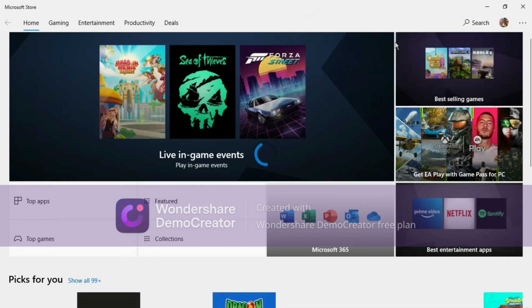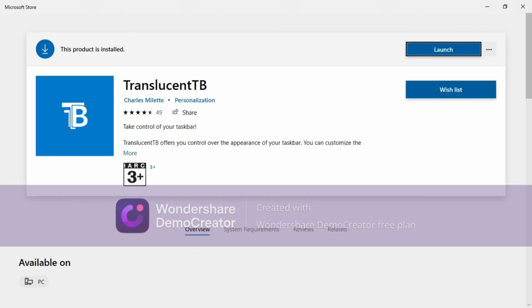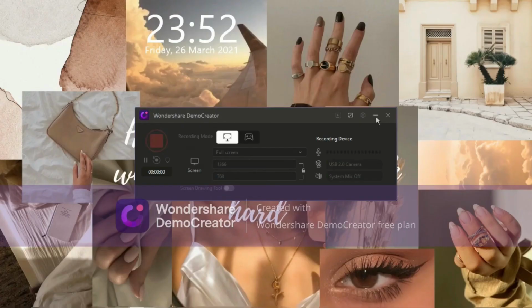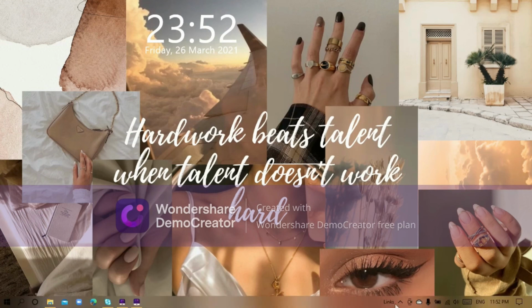Once you click that app, you have to download that app and install it on your computer. It will just have the word download or install or something like that. Once you do that, it will get downloaded, and then you will have the launch button right here just like me, and then you can launch it. Once you launch this app, you will get this app right here, right on top.